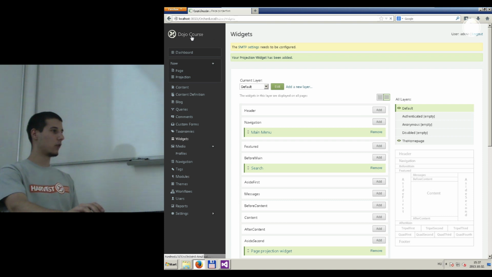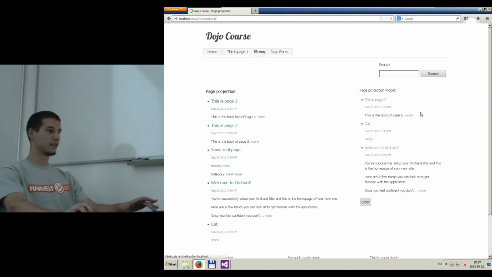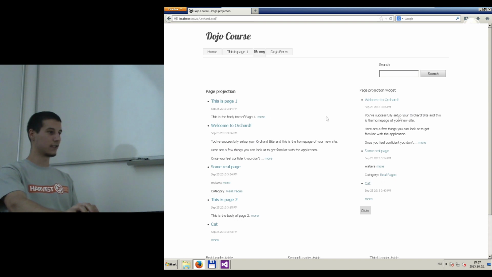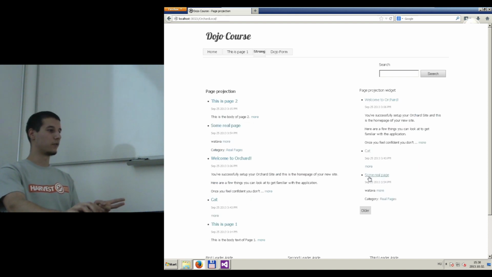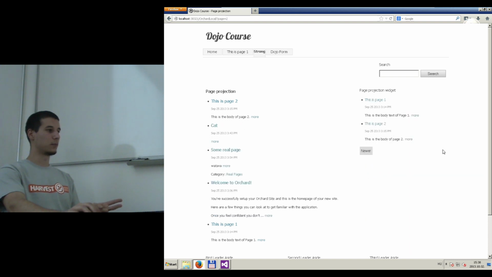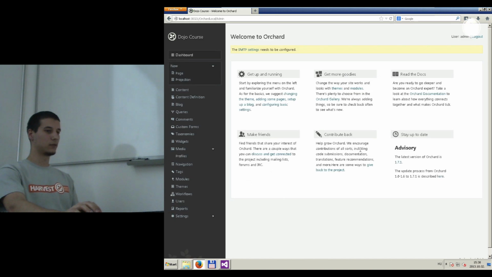If I go back to the home page, I'm going to see that I have 3 items here and 5 items here because the projection page that is actually being rendered as the content displays all of them, but the projection widget only displays 3 of them, and as you can see, the ordering is of course randomized and differently randomized. If I go to order, I'm going to be able to select the other page, so the first page displays 3 of them and the other page displays the 2 rest items. So if I go back to dashboard again,